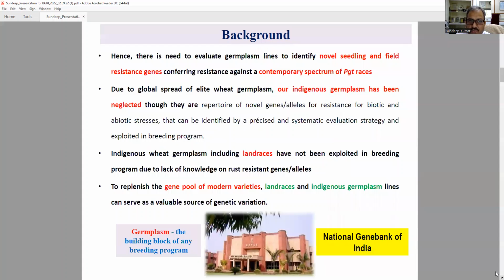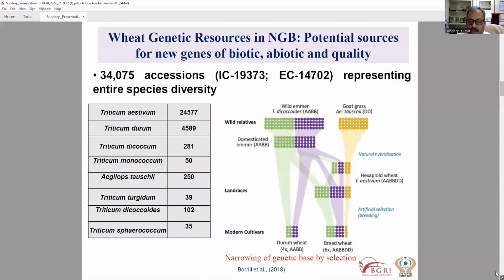So keeping this in view, there is a need to evaluate the germplasm lines for novel seedling and field resistance against a contemporary spectrum of Pgt races. Due to the global spread of elite wheat germplasm, our indigenous wheat germplasm lines have been neglected for a long time. It has not been evaluated for the biotic as well as abiotic stresses, and it has not been utilized for the identification of novel genes. Keeping this in view, what we did,